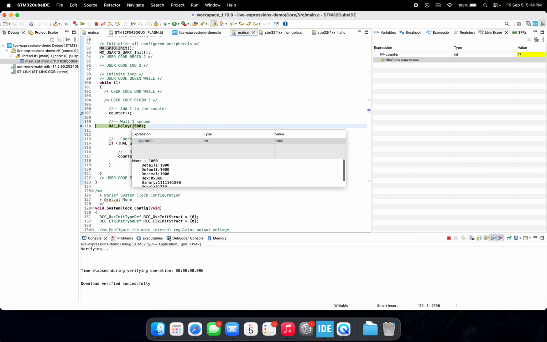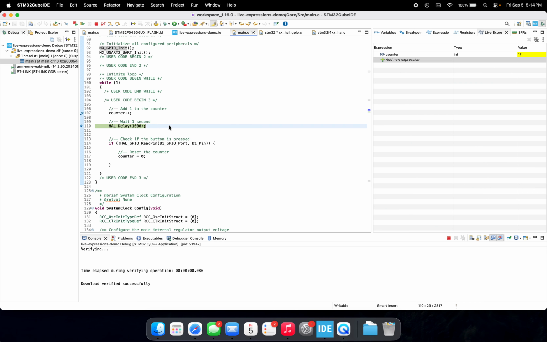We can step into this hardware abstraction layer delay function, and that will take us to where that function definition is, and we can see what's being called by the function itself that we haven't written. But I won't do that, so we're going to step over that as well. That's going to take a second because it's calling that function, and it's just a blocking wait. And now we come into